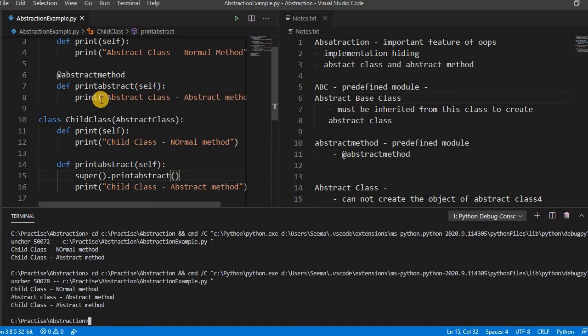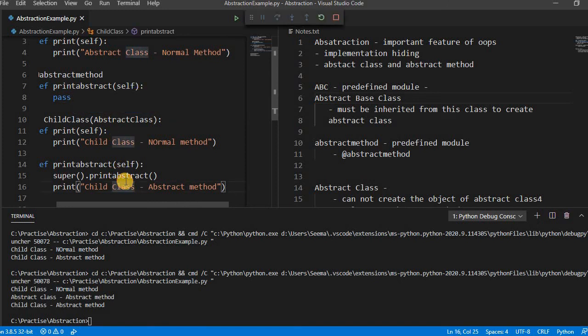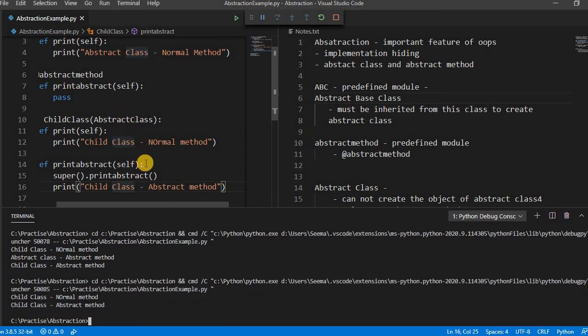See here it's called. But again, if you don't want to give any implementation here, and just want to declare, you write pass. So pass is a way to just declare the methods and classes. We don't want to implement this, so we can do something like this. If you run this, see, it's running properly fine.